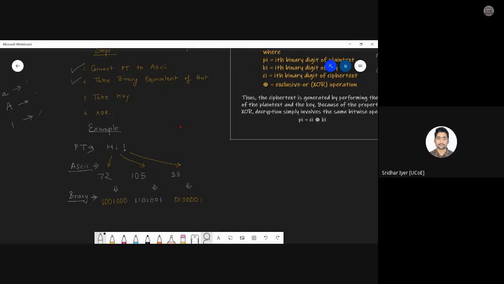If we are provided with the key, well and good. If we are not provided with the key, you need to have a key of at least the same size. So over here, how many bits are there? 7 into 3, 21 bits. So take a key of 21 bits arbitrarily. Assume any binary value, a long key stream. And using that key stream, you have to generate the ciphertext.